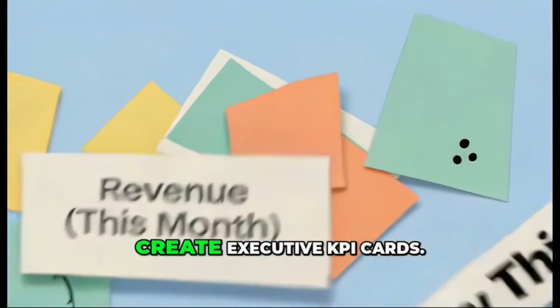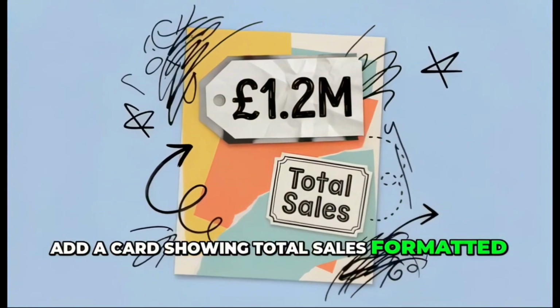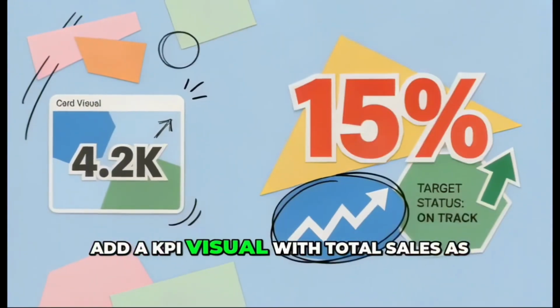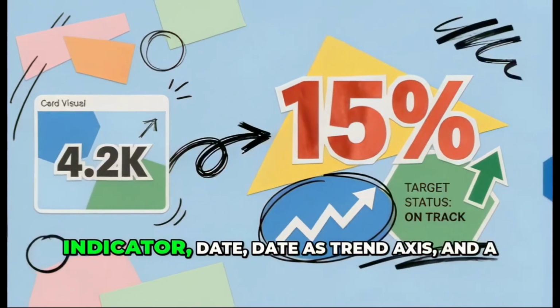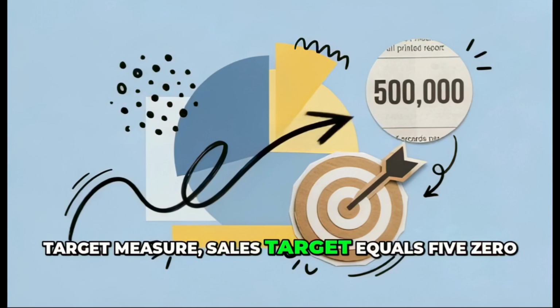Try this. Create executive KPI cards. Add a card showing total sales formatted as currency. Add a KPI visual with total sales as indicator, date as trend axis, and a target measure: sales target equals